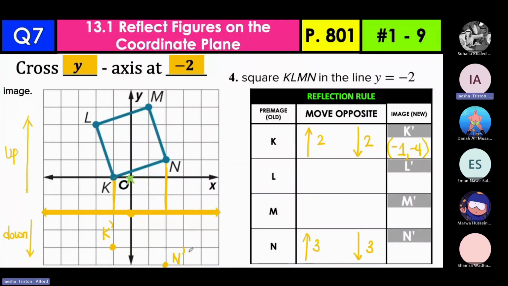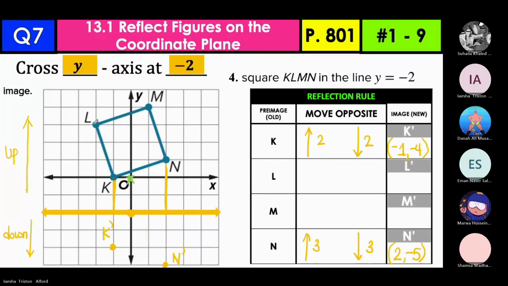Where is N prime? Start from the origin. Two right, five down. 2 right, 5 down. It's multiple choice. I showed you guys some in class. K prime and N prime should be enough to get you the correct answer. I don't have space on the screen to show you, but I'm going to just write the answer for the L